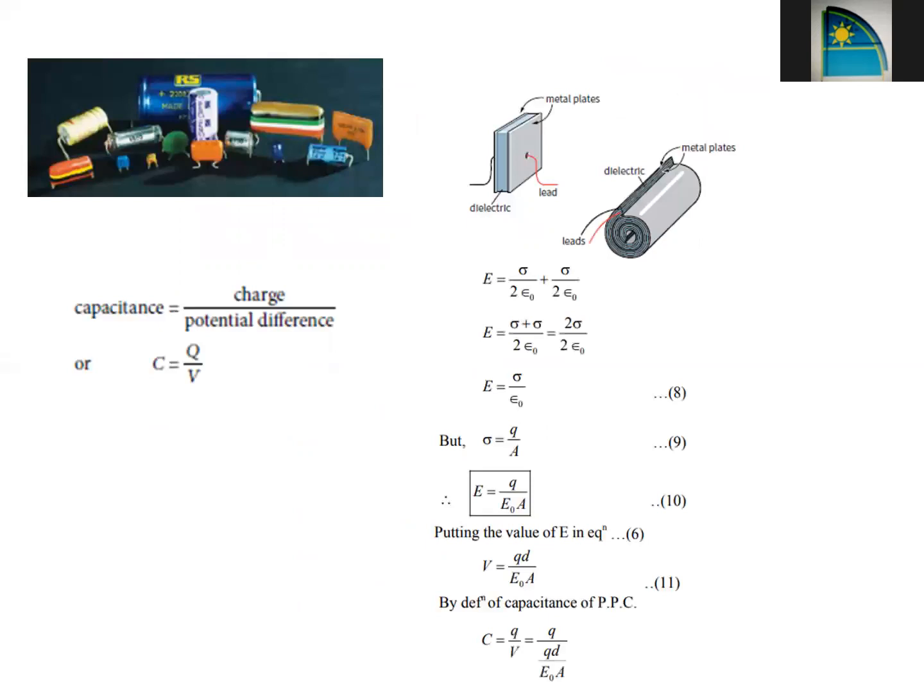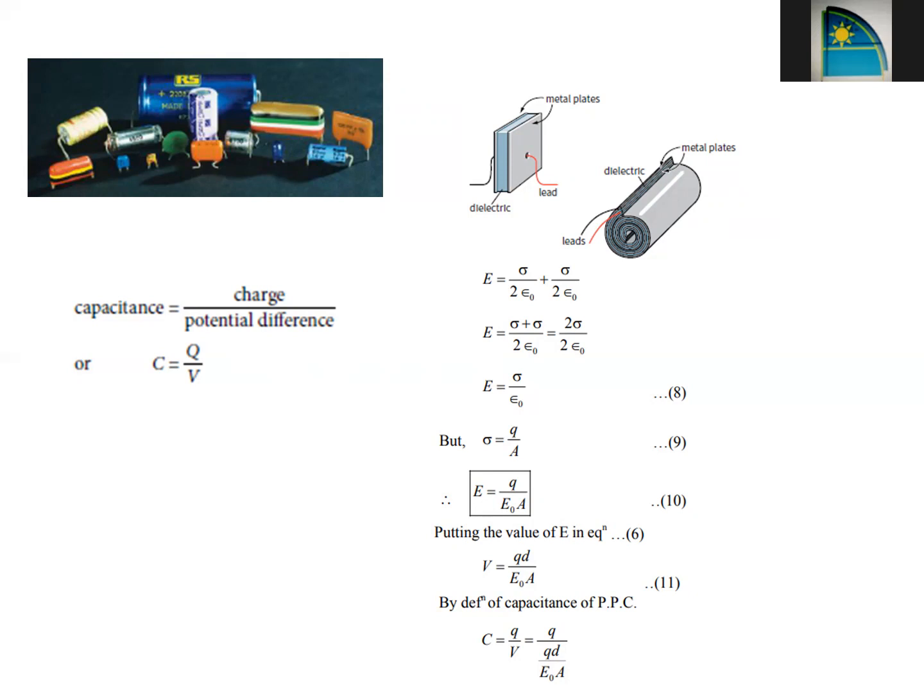In this pic you can see there are certain capacitors. Now this is very interesting. Capacitor is an arrangement in which we have two metal plates. They can be of any shape. They can be in the shape of a sheet. They can be in the shape of a roll. These two metal sheets should not touch each other, because if they touch, then the charge will flow. Remember, we are still doing electrostatic potential.